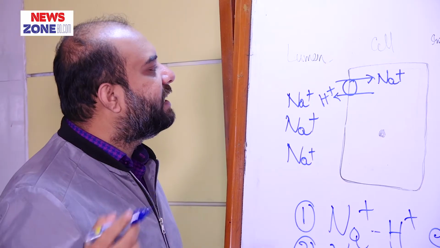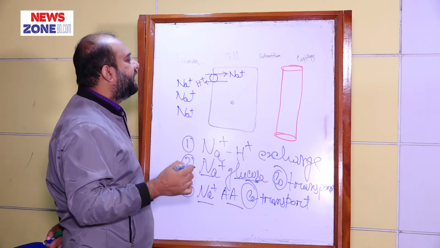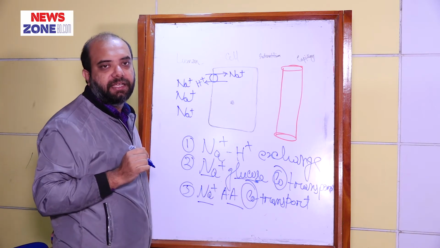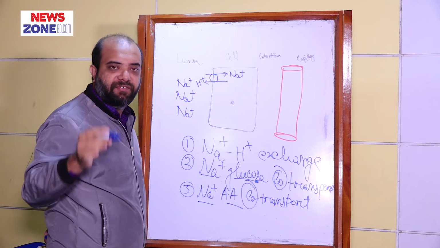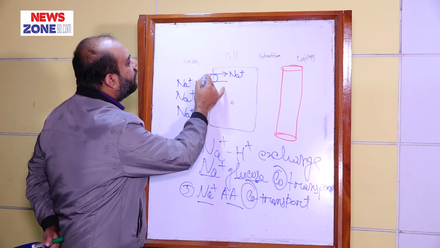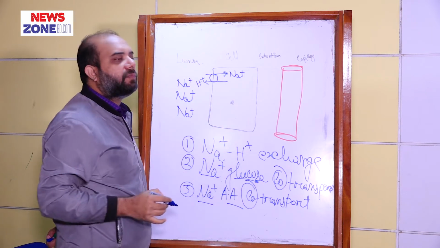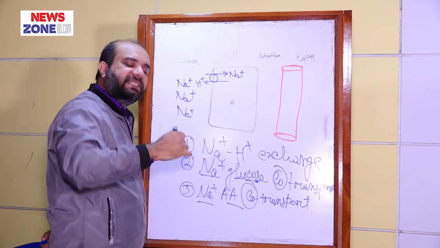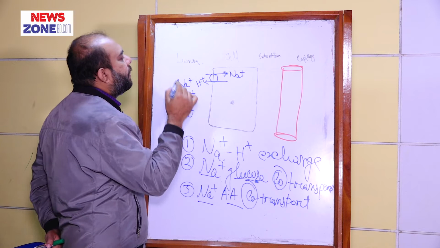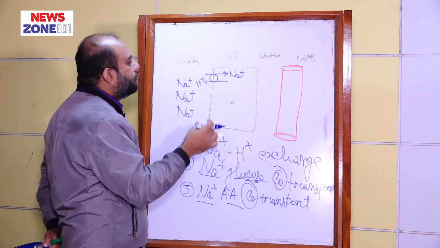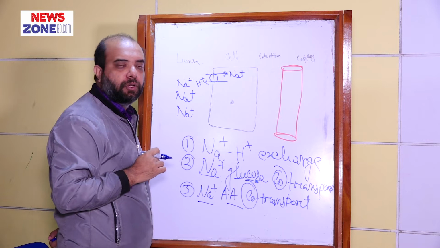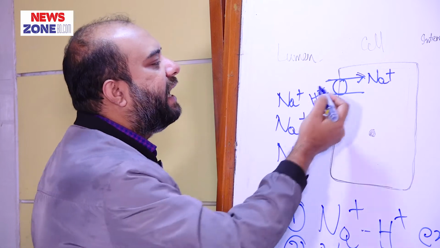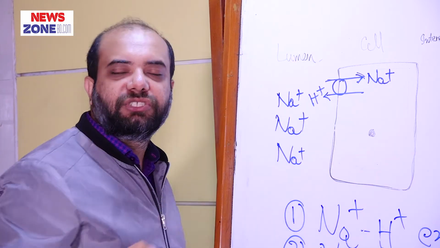Now I have another important piece of information to share: sodium will go along the concentration gradient. As you know, the gradient means the difference. That means sodium will be facilitated diffused and the hydrogen ion will go against the concentration gradient. So the main energy will be used in the transportation of the hydrogen ion. So sodium will go along the concentration gradient and the hydrogen ion will be secreted against the concentration gradient.